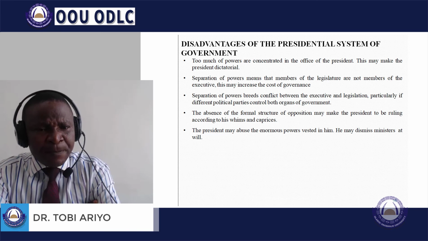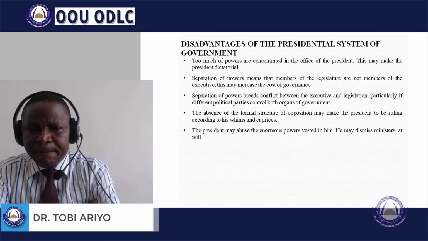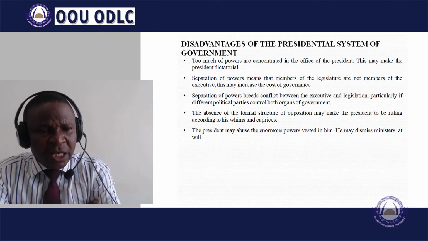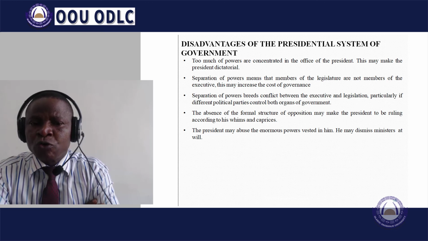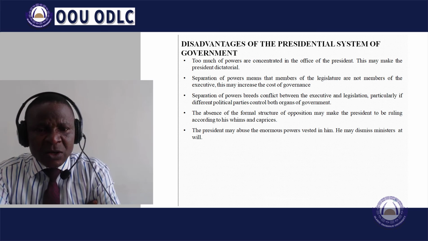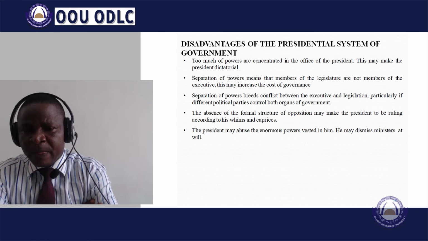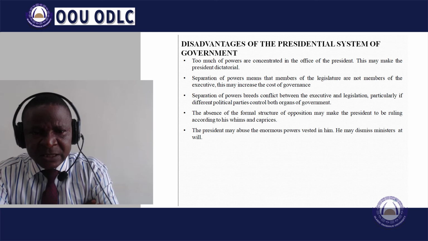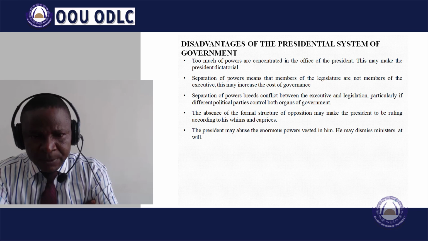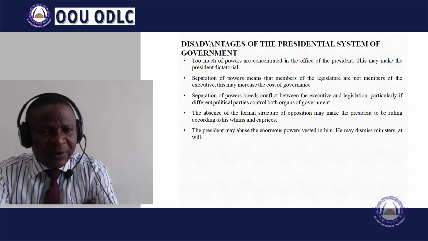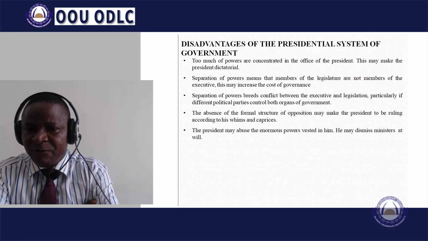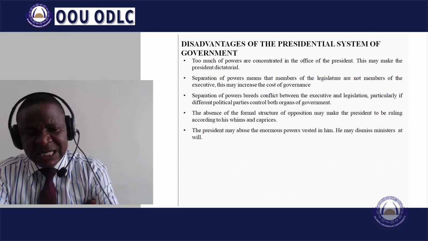Three, separation of powers breeds conflict between the executive and the legislature, particularly if different political parties control both organs of government. Four, the absence of a formal structure of opposition may make the president rule according to his whims and caprices. And five, the president may abuse the enormous power vested in him. He may dismiss ministers